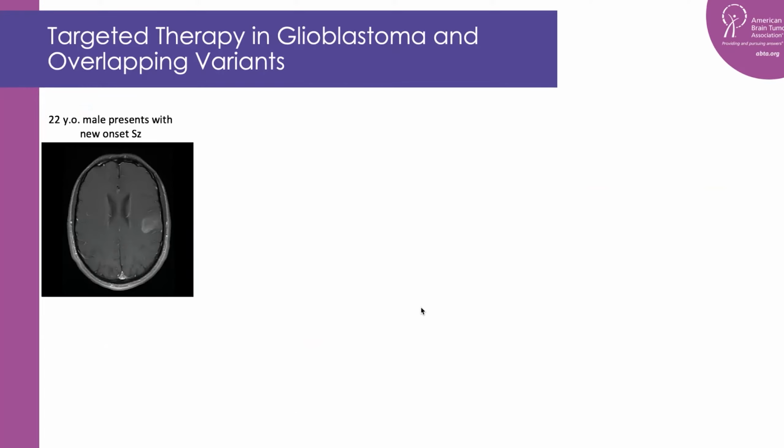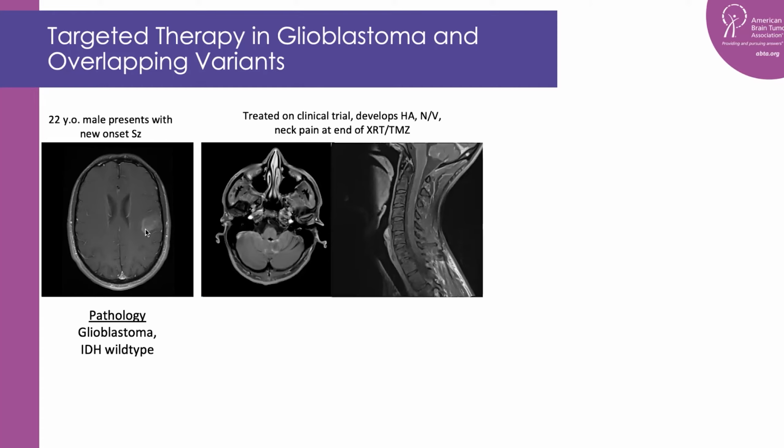So this is a young male, new onset seizure, has a scan like this. So this is enhancement. This is what looks like an aggressive tumor in the left frontal lobe, has a resection, and the pathology is glioblastoma IDH wild type. Started radiation and temozolomide, and partway through the radiation started having horrible headaches, neck pain, nausea, vomiting, suggesting the tumor was spreading in the spinal fluid around the brain and the spinal cord, but actually the initial MRIs did not show any changes. So it took a little while for us to make a definitive diagnosis,